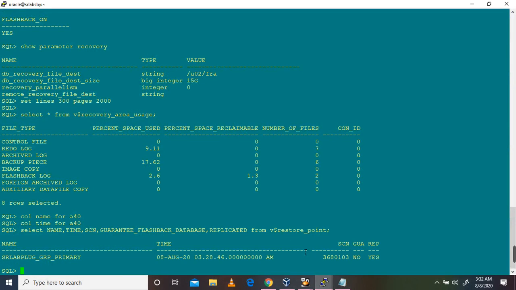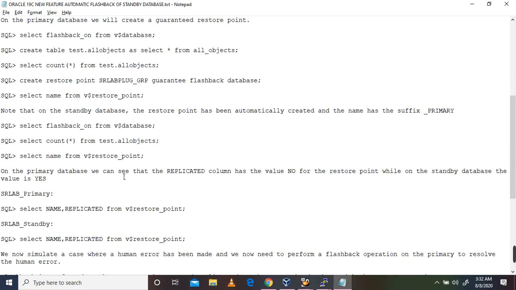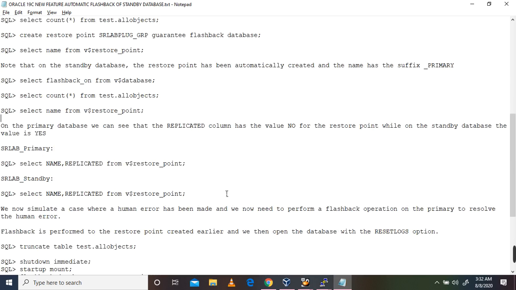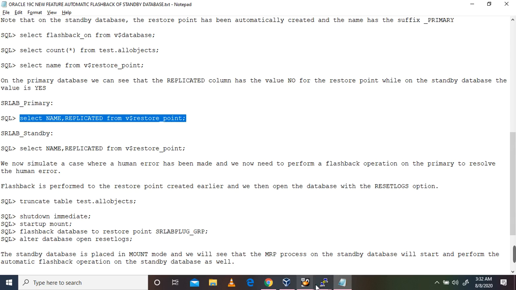On the standby side you can see it's mounted. On the primary database the replicated column has the value no on the restore point, while on the standby side the value is yes. I showed you already.